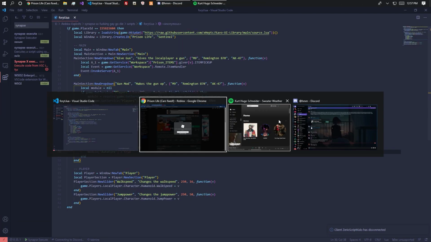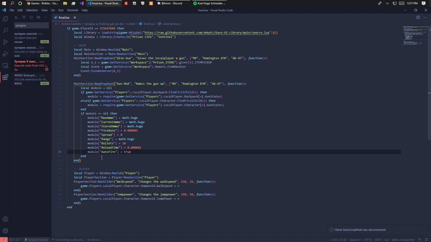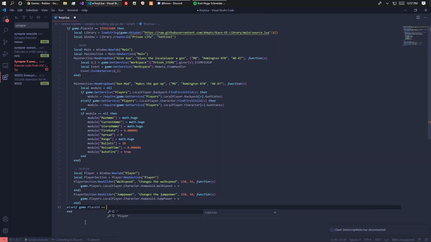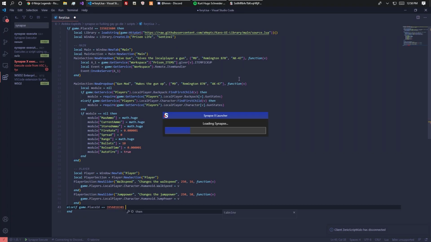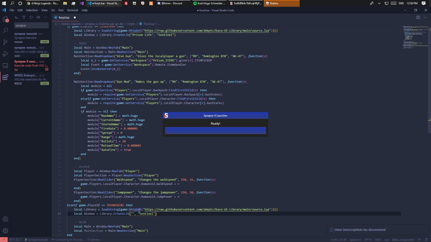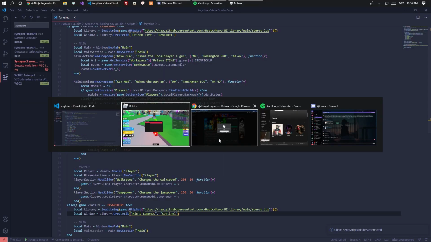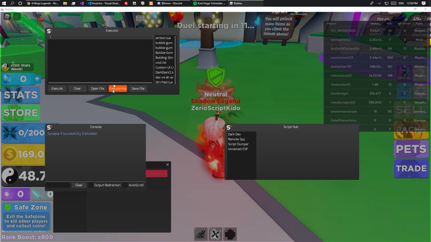And now let's go into the next game. Ninja Legends. Also if game.placeID equals, and we will want this place ID right there. Done. Linear variance. Yeah, there. You can see that it works. Now we might want to make like an auto swing, I guess. That will only require